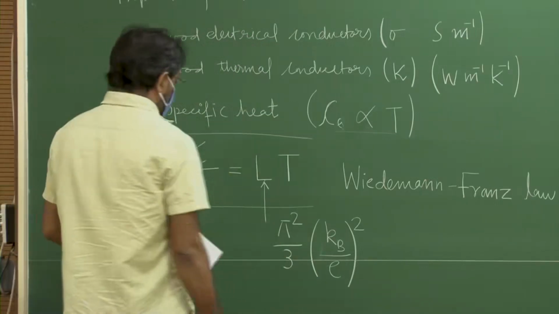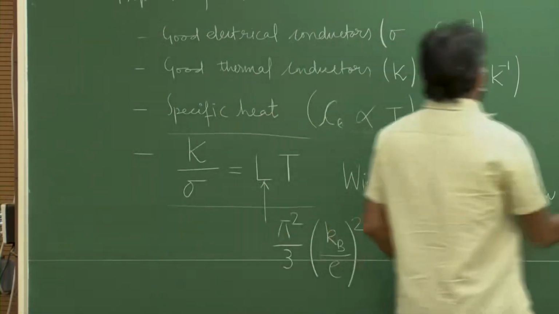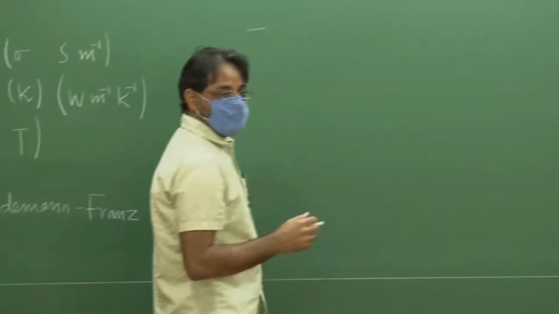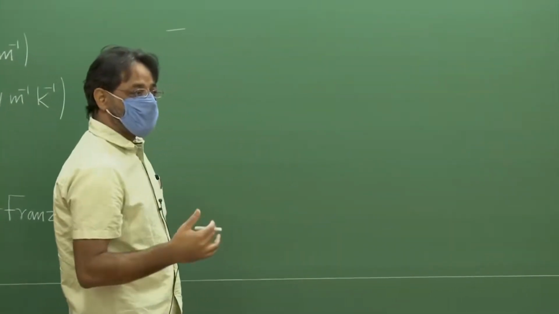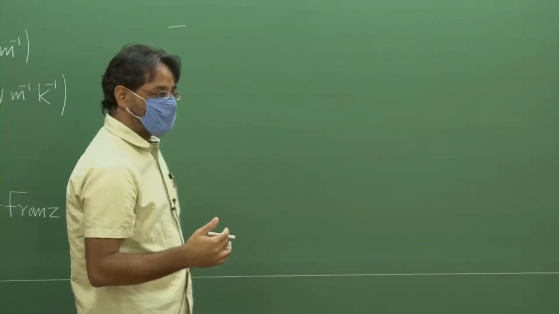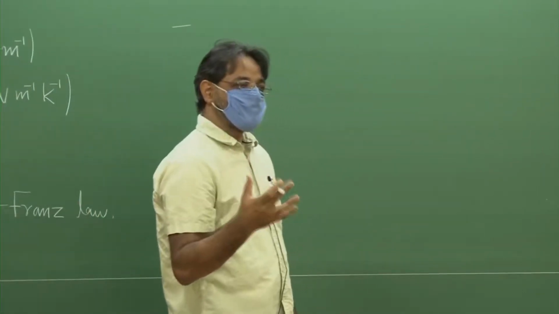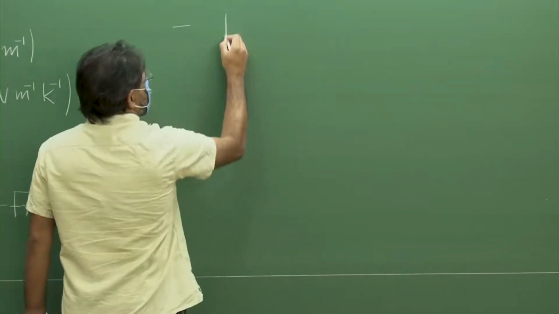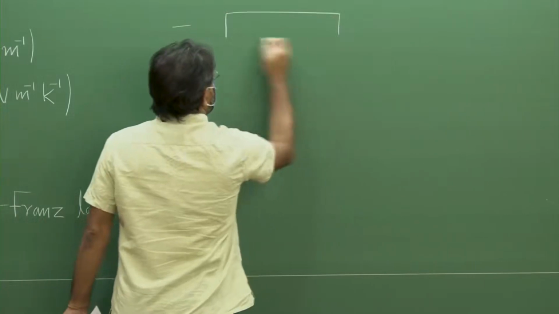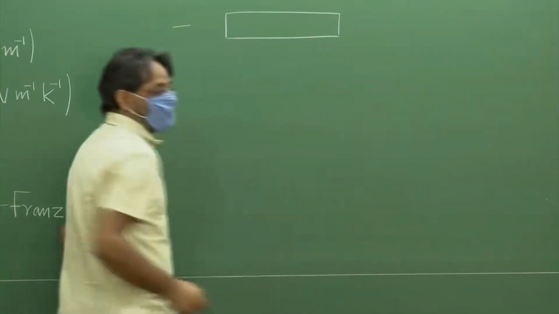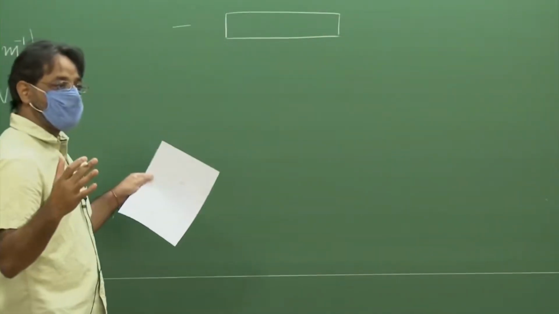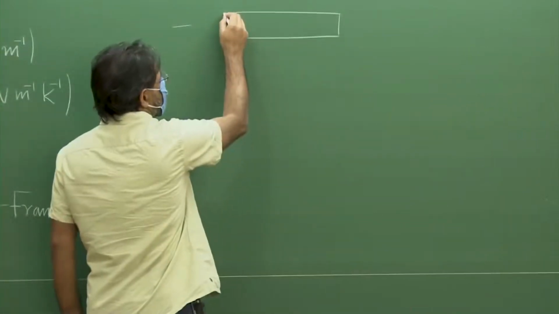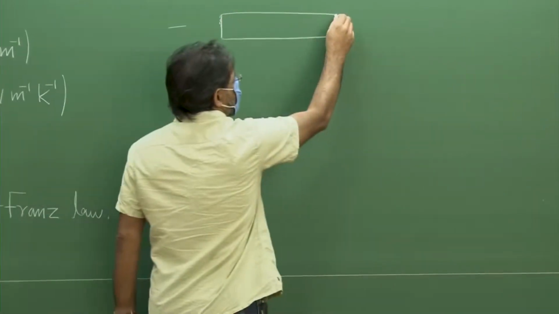Then we will also look at what is known as the Peltier coefficient, Peltier effect, and the Seebeck effect, right. You may have read it somewhere at some point in time. Let me remind you. So, if you take a piece of metal and you create a temperature gradient across its two ends, which means that you put a source of heat here and you put a sink here,